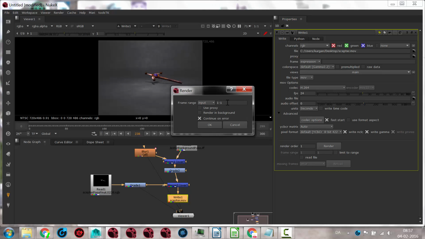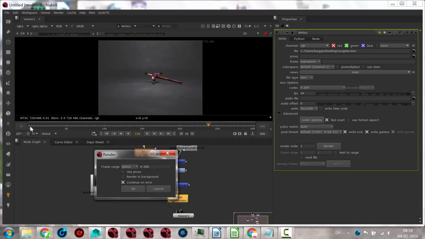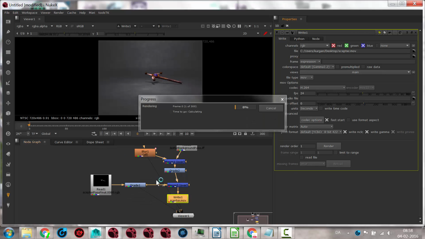And it will say frame 1 to 1. That's not right. Usually it figures it out. I can set it to global. That will work in this case. So it'll know it go from 0 to 299. Or I could just type it in, whatever I want. In this case, I just set it to global, and it'll be right. And I click OK. And it will start to render